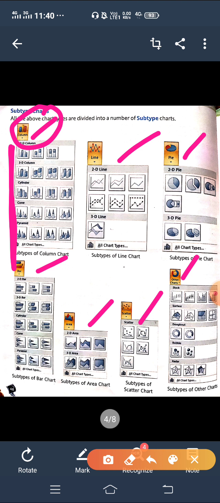So here there are different types of column, whether you want to create with the help of a cylinder, or you want columns in cone, or you want 3D columns, or 2D columns. These are the different types of column, in which style you want to create your column chart.